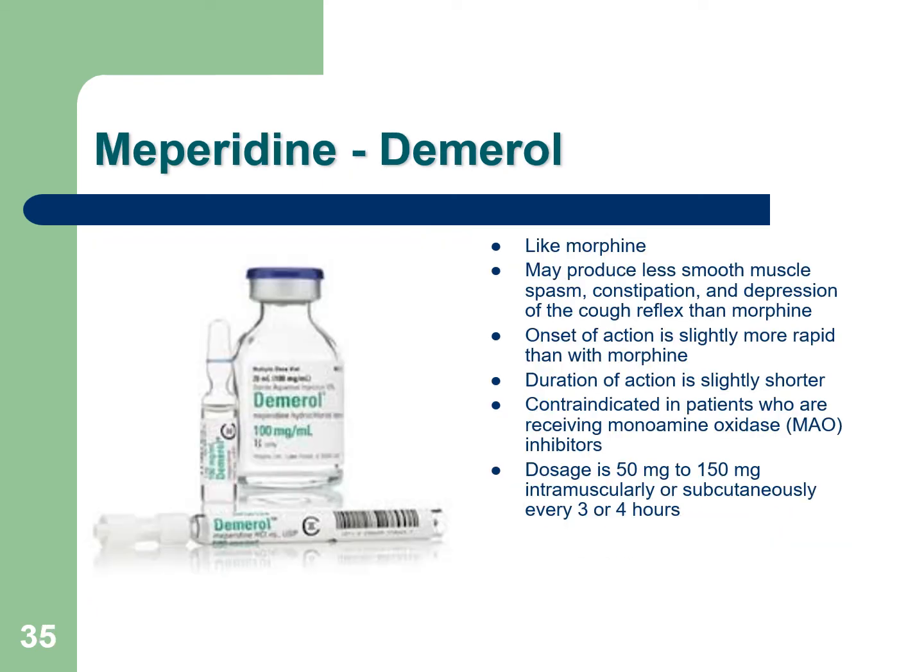The last opioid I like to talk about is Demerol. Demerol is just like morphine. It actually produces less smooth muscle spasms, less constipation, and it has a slightly more rapid action than morphine. The duration of Demerol is a little bit shorter, and some of the contraindications, if you are on an MAO